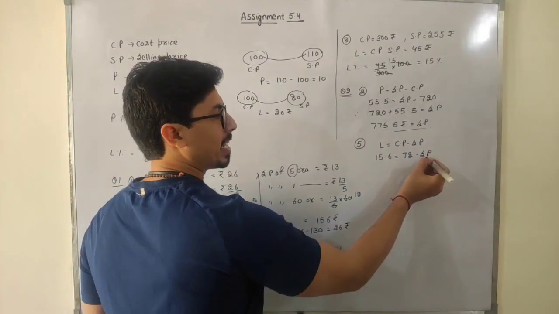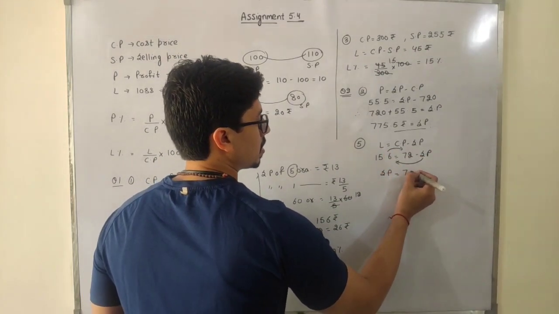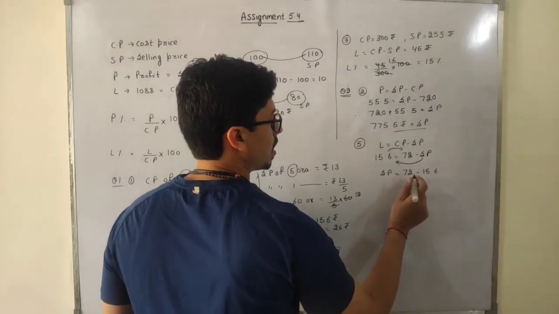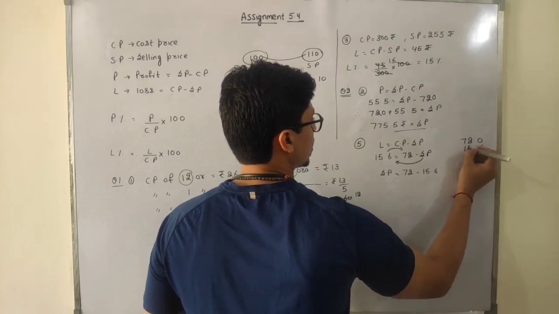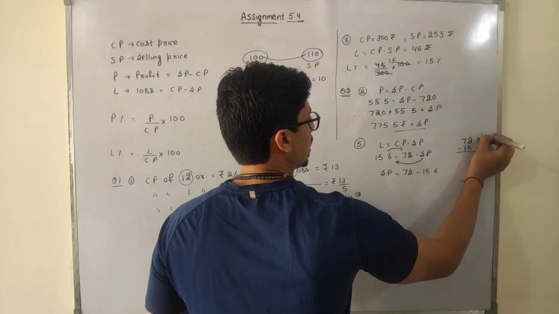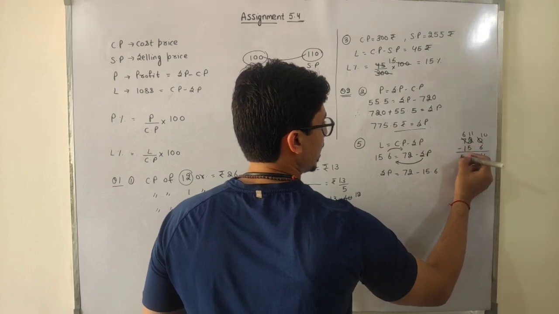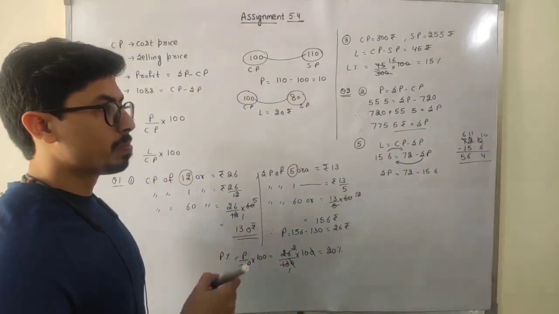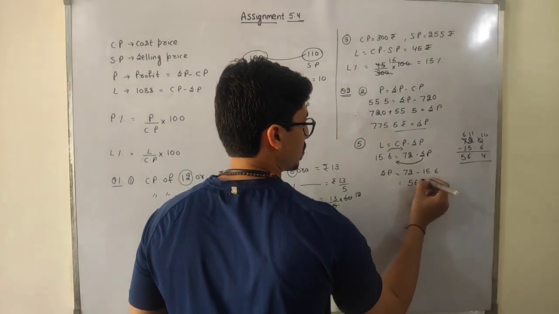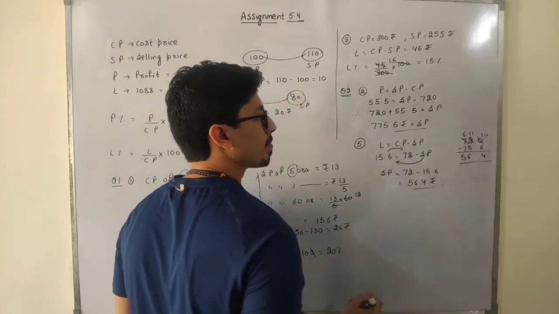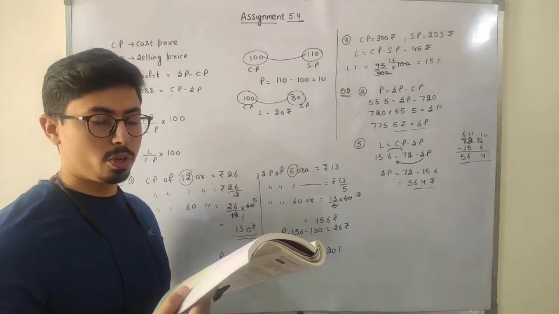Now see, students, SP is negative here, so just take it here and take this number there. So SP will be 72 minus 15.6. So 72 can be written as 72.0 and 15.6 as it is. If I just subtract them, it will be 10, 11, and this will be 6. So 6 and 5. So this is my required answer, that is 56.4 rupees. So this is our question number 2. The rest of the parts you have to do yourself, students.